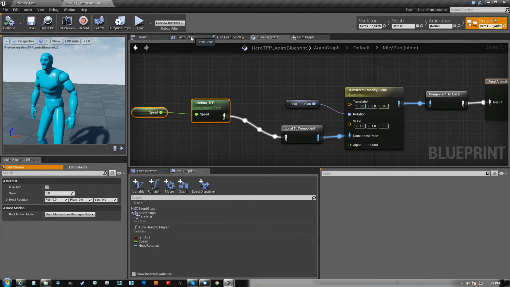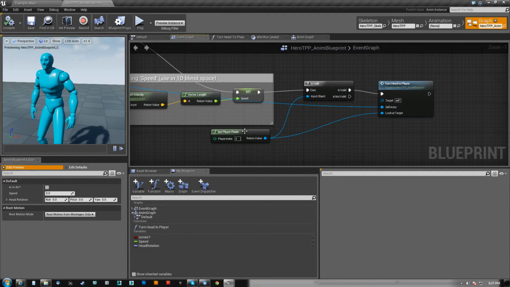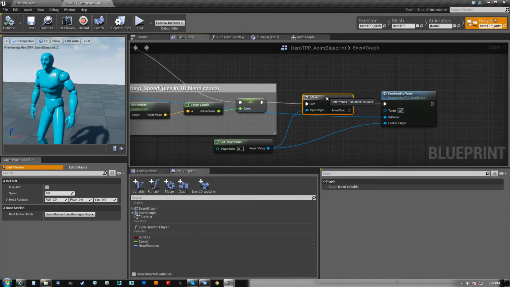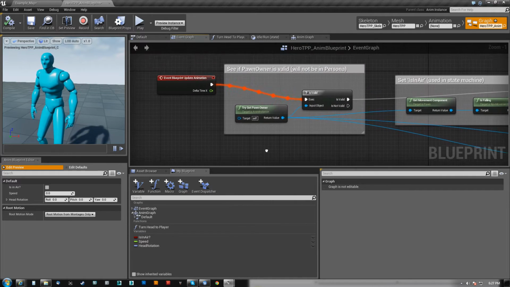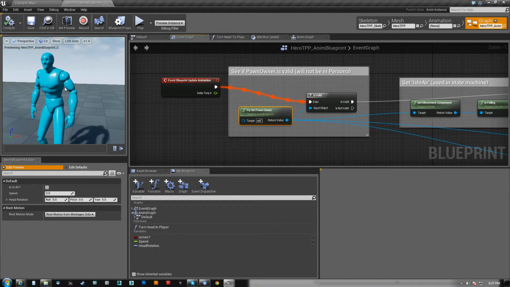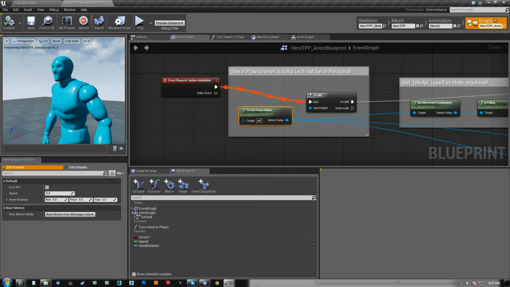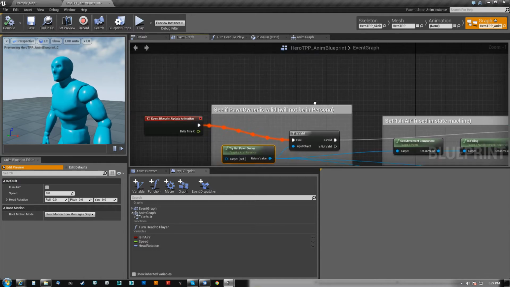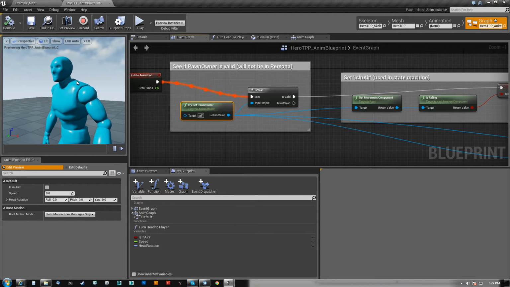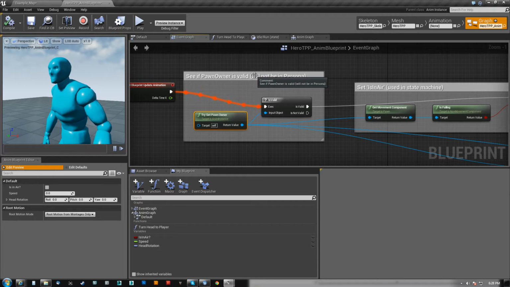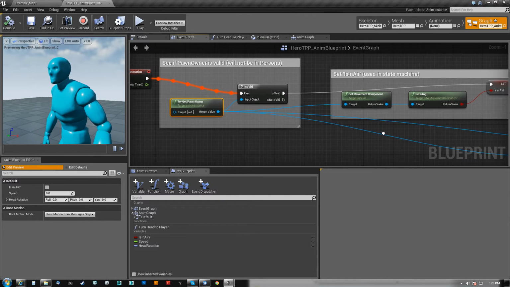It'd be pretty easy. So back on the event graph, what I'm doing is getting the player pawn. Now this character here, remember, pawn owner isn't necessarily me. Now this character is me, essentially. I'm using the same character that I'm controlling, and I'm also using that same exact blueprint as the bot. So we both are sharing this anim blueprint here, in which case I need to make sure that I check to see if it's me. If this one is my version of it, the one I'm controlling, then I don't want to do this stuff. So when we get the pawn owner here,